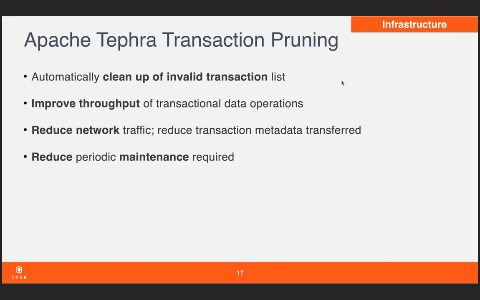One of the major things that has been a pain point generally when you use CDAP is just the management of the invalid transaction list pruning that exists within Tephra. So with CDAP 4, you don't need to run periodic maintenance jobs to clean up the invalid list. This would be done automatically. In doing so, it improves the throughput of the transactional data operations, and it also reduces the network traffic as